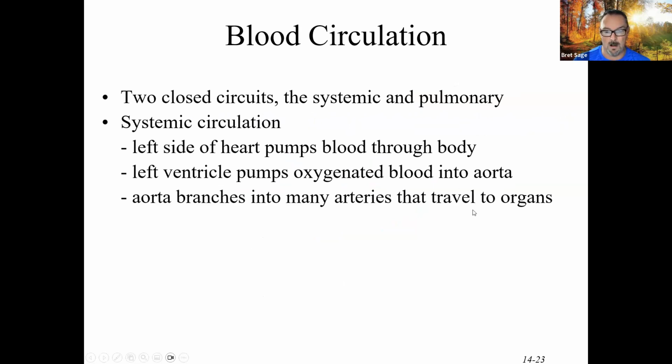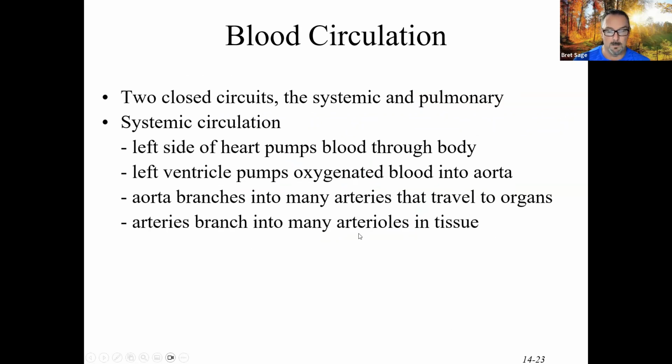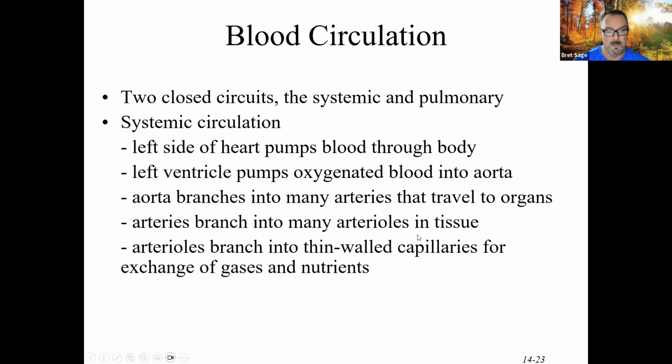The aorta branches into many arteries that travel to organs, delivering oxygenated blood. The arteries branch into many arterioles within the tissue, and then the arterioles branch into thin-walled capillaries for exchange of gases and nutrients. This is the only place naturally that anything ever enters or leaves the blood. Now, if you were in a doctor's office or a hospital and they pierced your blood vessel, putting in an IV or an injection of some sort, that would be a place something could enter or exit the blood, but that's not naturally where it occurs. Naturally, nothing enters or leaves your blood except through the